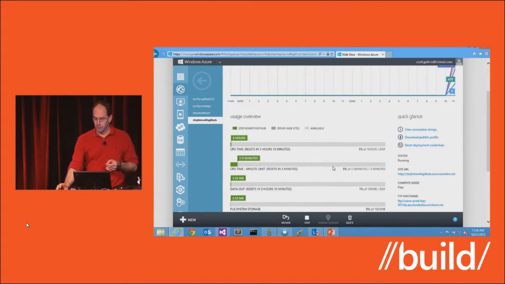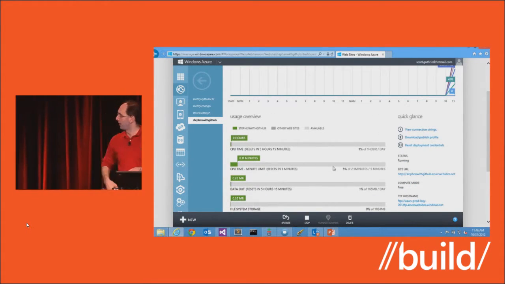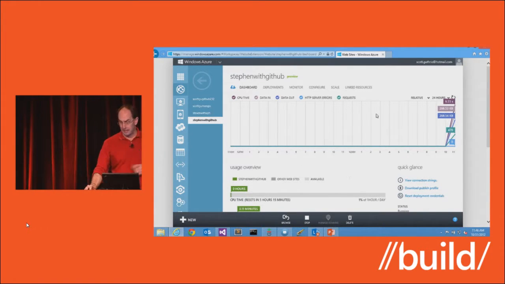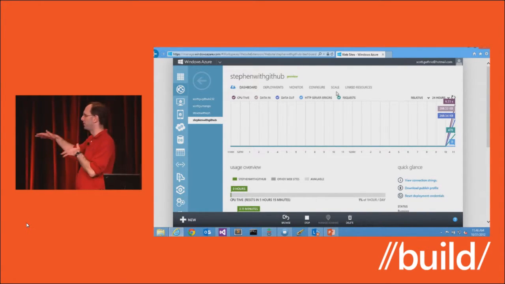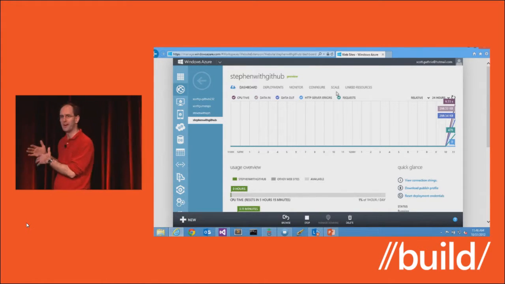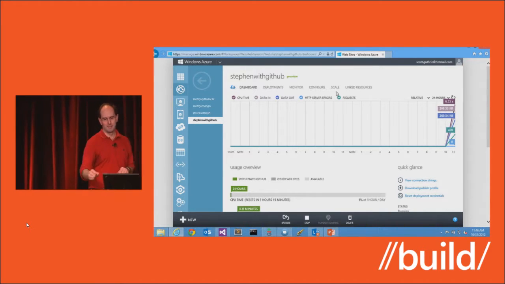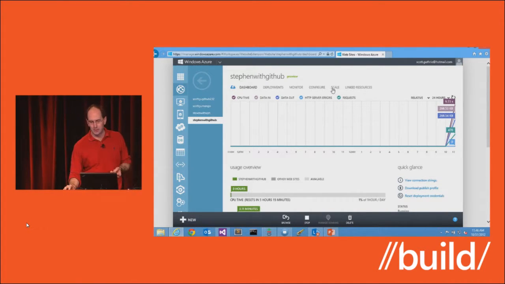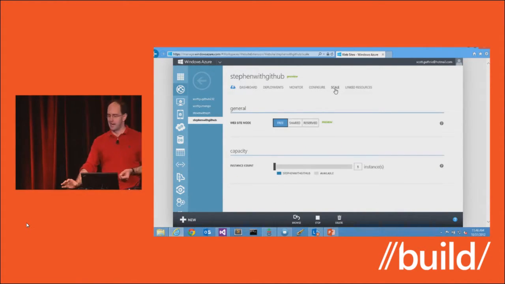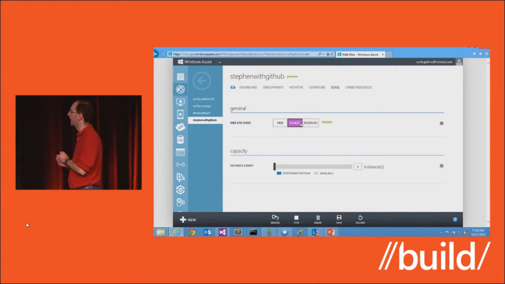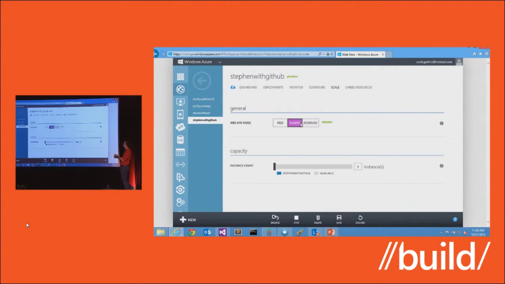Basically, the free website gets a bunch of quotas here that you can go ahead and learn more about. If you want to scale it up and get more traffic, I think the free quotas give you about 100,000 requests per day, so it's actually a generous number. If you want to scale it up even further, just click the Scale tab on your website. Then, as Scott Hanselman showed earlier this morning, you can go to a shared model. This is still multi-tenant, and I'll talk more about that in a second. It's about $0.0125 per hour, so about $9 per month.